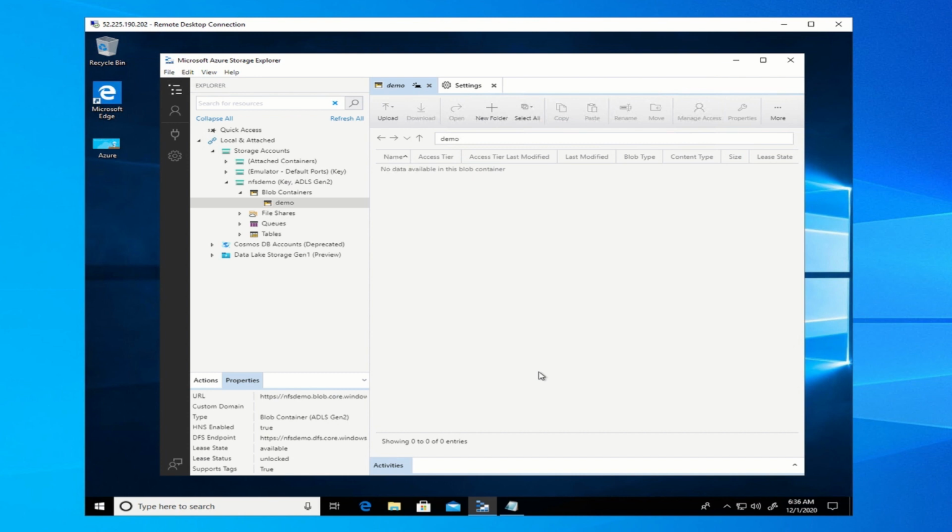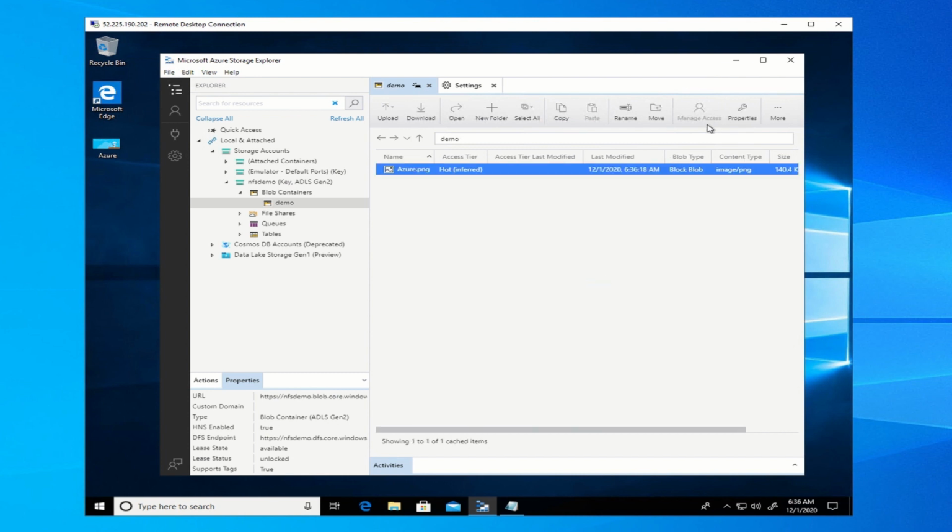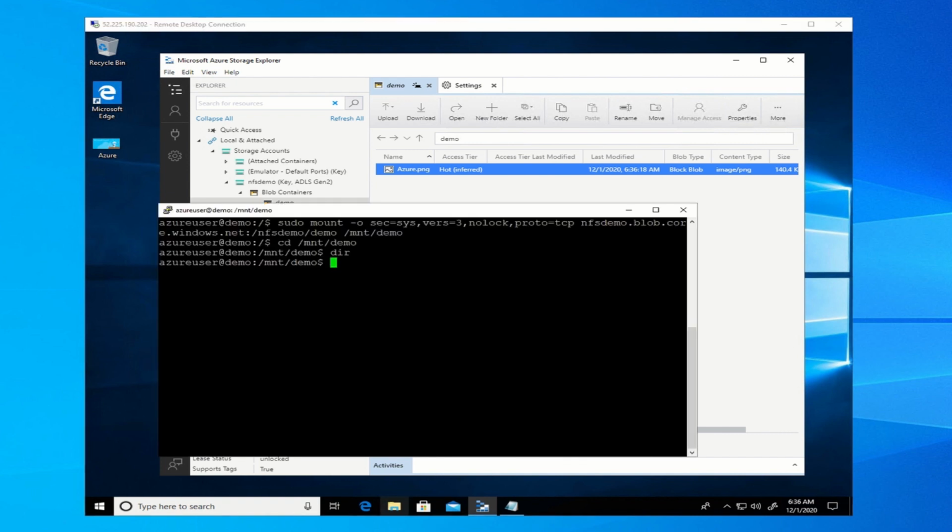And so now after I've uploaded this file, I can go back to my Linux VM, and just for grins, I'll also make a directory, and I have to do a sudo. So let me do that again. And now I can do a directory listing, and I can show both files.